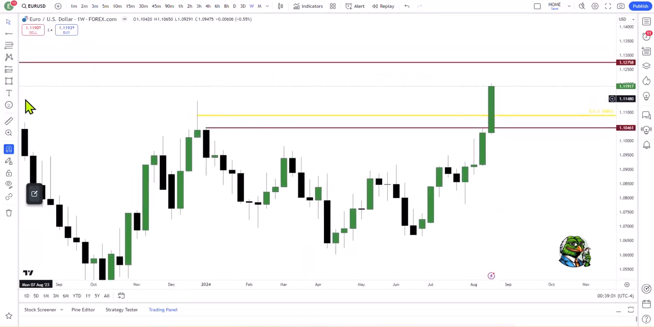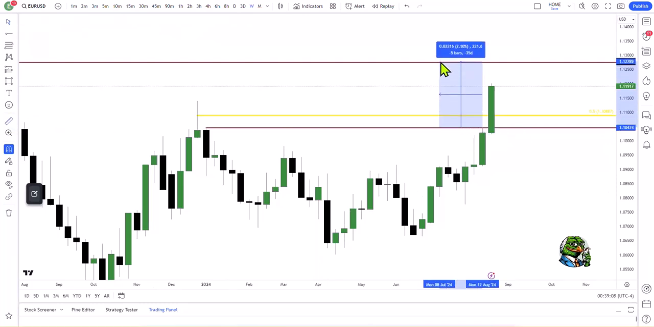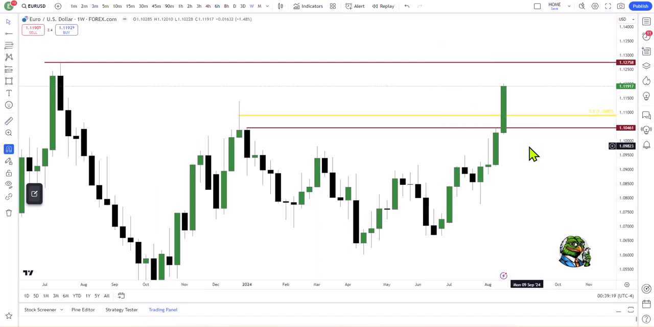So we might not get there, I think we will, for a push from that level higher to take out the previous monthly high that I've shown you, which is a move probably around 250 to 300 pips from this level. Okay, so let's also look at